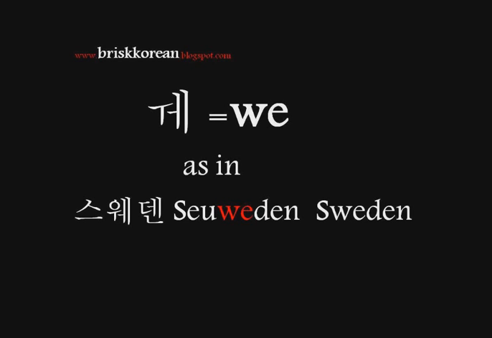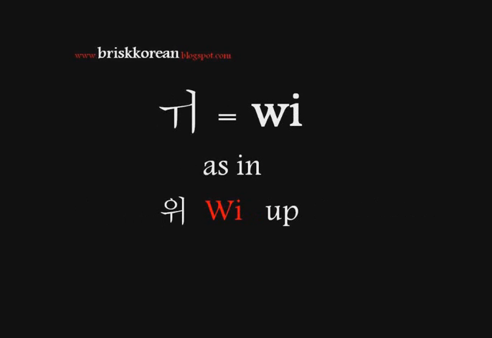Okay, in that we have we and the A sound repeating. So we, Sweden, which means Sweden. Alright, for our next diphthong, this one has the O and the E sound, and this is easy. You can easily guess it. U and E. Ui, and we have